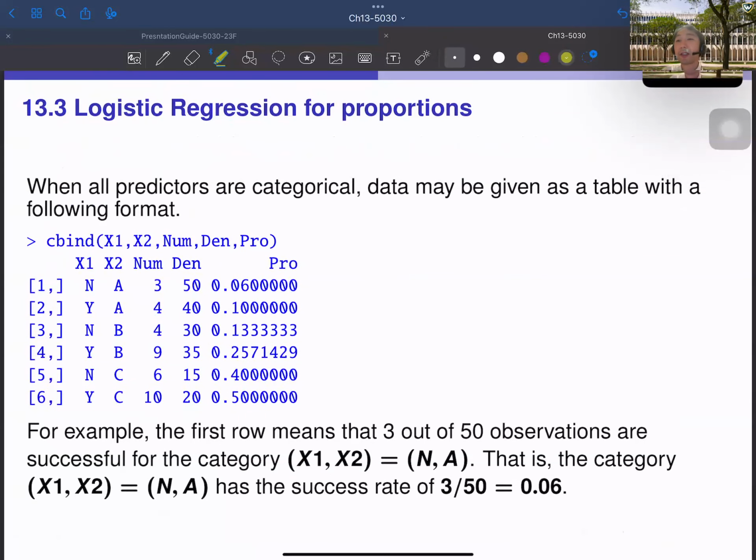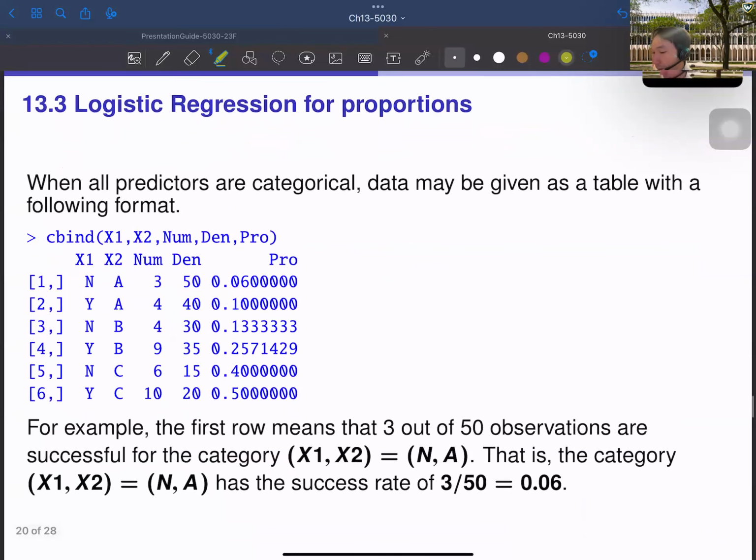Do you have any questions about 13.1 and 2? No, we don't have any questions so far. Okay, so the next one,